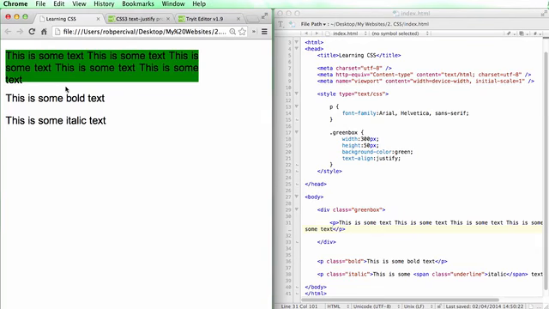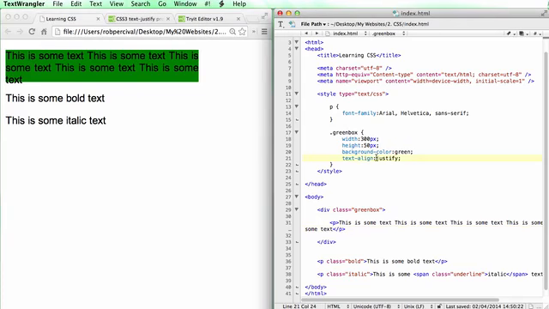So what the justifying has done there is it's stretched the text out so it always aligns nicely from left to right, which is the effect that you get in most books that you read. So this can be a nice thing to use quite often, but it does have the result of the spacing between the words being slightly different. That can be confusing in some cases. So use it sparingly, but that's how you justify text. It's worth also bearing in mind that